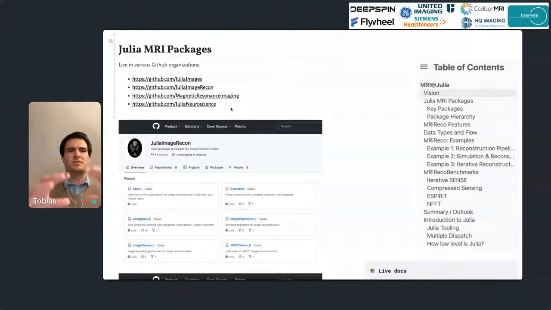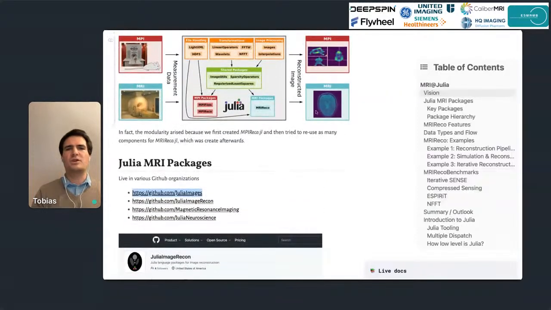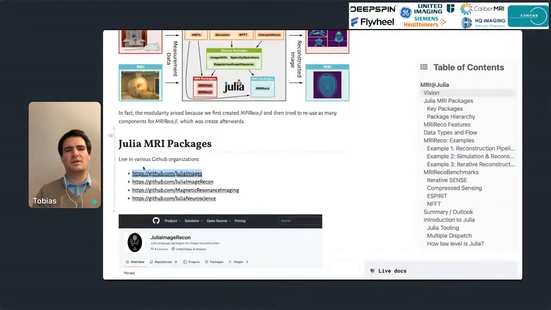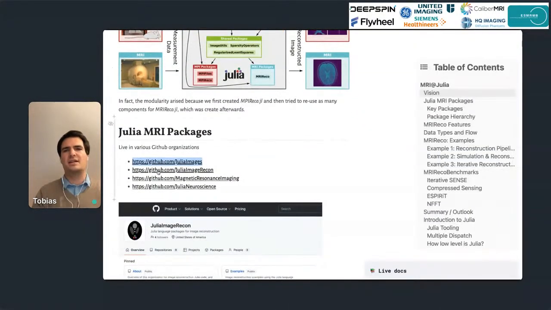Organizations are just collections of packages. They are not such a formal structure, but they often group packages together. And there you can see that we have, for instance, Julia Images, which has nothing to do with MRI. But if you want to do image processing, you can just grab one package of Julia Images and use that as is, which means that if you are an image reconstruction person, you don't need to develop the image processing code